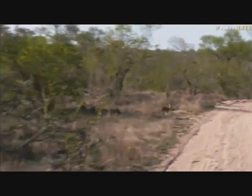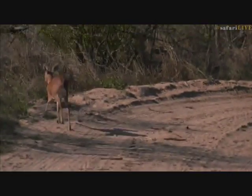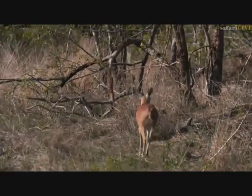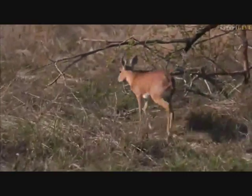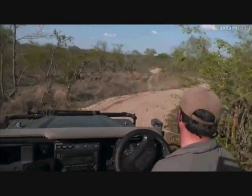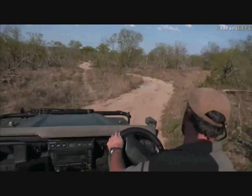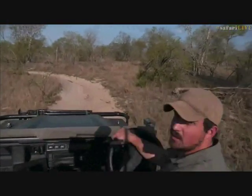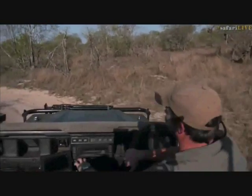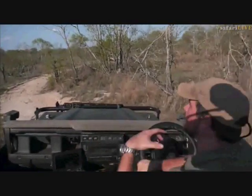But it took a while for that Steenbok to actually decide to move. Now, of course, you'll find things like buffalo and elephants will often utilize water in order to try and cool themselves down. So they don't actually cope well with heat, but they are able to find ways to cool themselves down, and obviously elephants have these ears and that helps them, but they'll all try and find water and mud wallow and